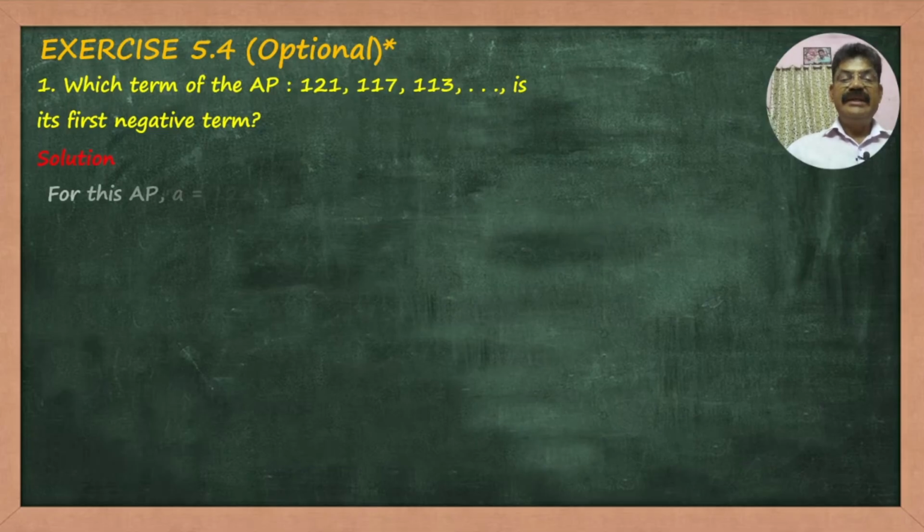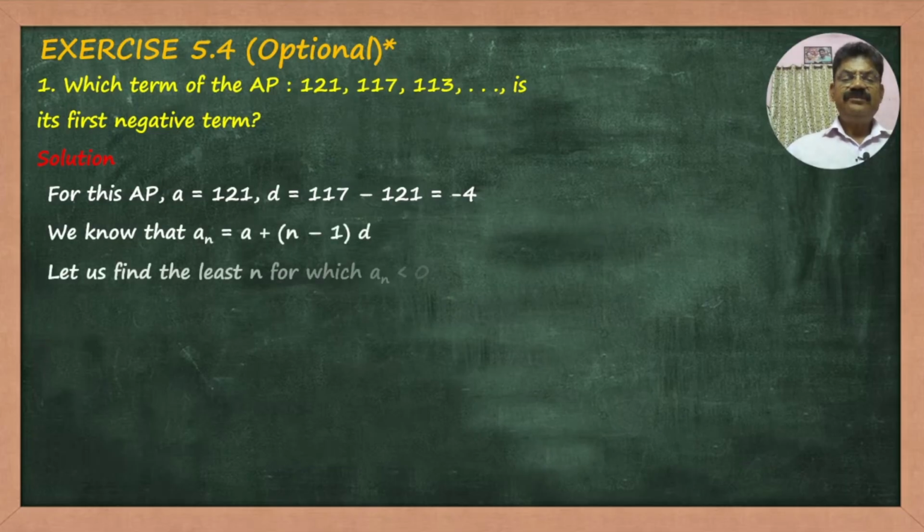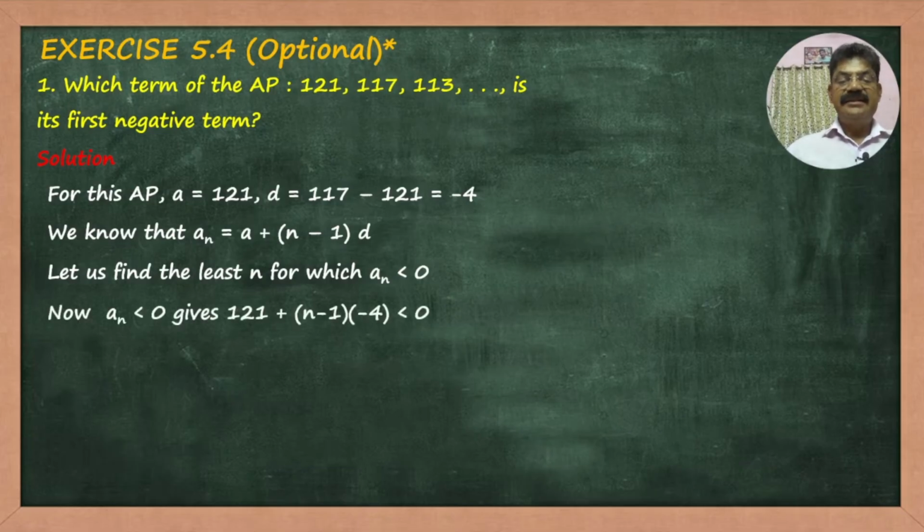So what we do is, we take the nth term and assume that it is negative. For which minimum value of n, it is negative. So that will give you the first negative term. So that is the idea. So obviously a is equal to 121, d is equal to minus 4. So what is a_n? a_n is equal to a plus (n minus 1) into d. I assume that it is less than 0. Okay, this gives